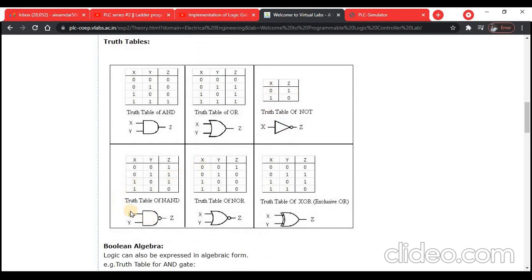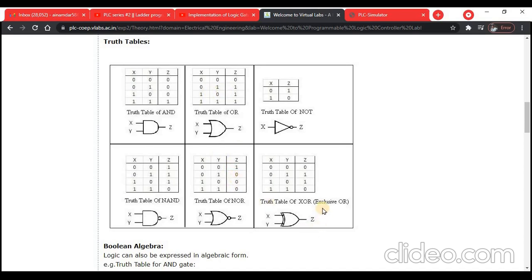You can also see here NAND. NAND is NOT AND, the complement of AND, so it is totally reverse of that of AND. NOR is the complement of OR, totally the reverse of the truth table of OR.